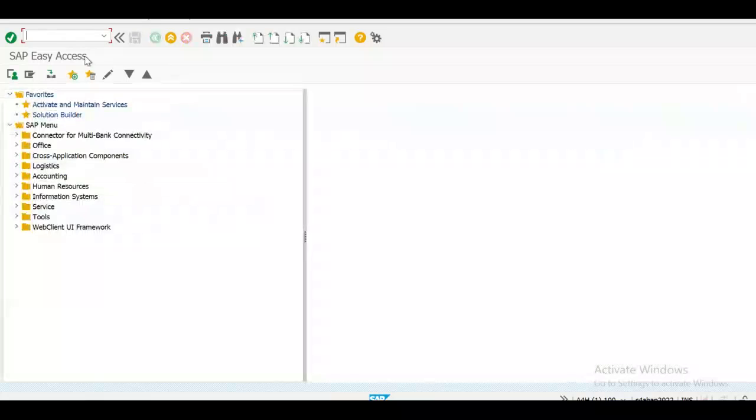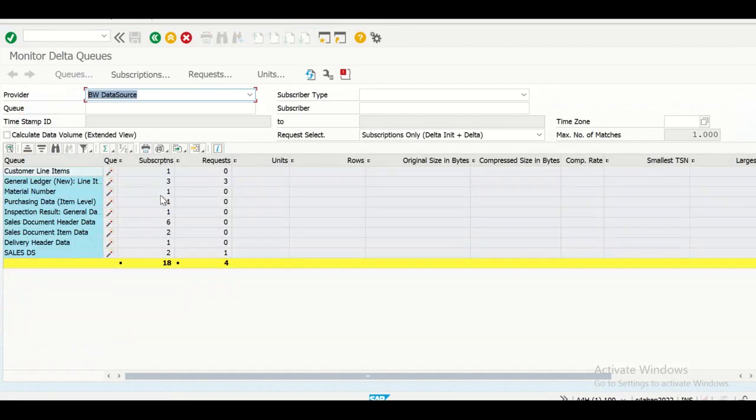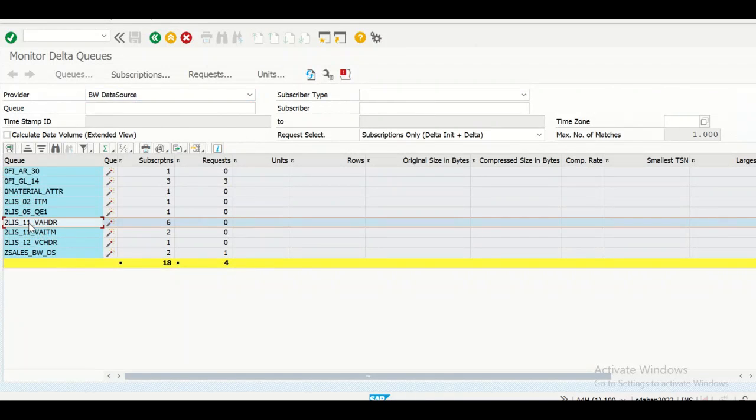Before you again fill your setup tables and do your extraction, one important thing is always check if a subscription exists in the T code ODQ, right? If you click on this banner, yeah, your 2LIS_11_VAHDR has a subscription already,